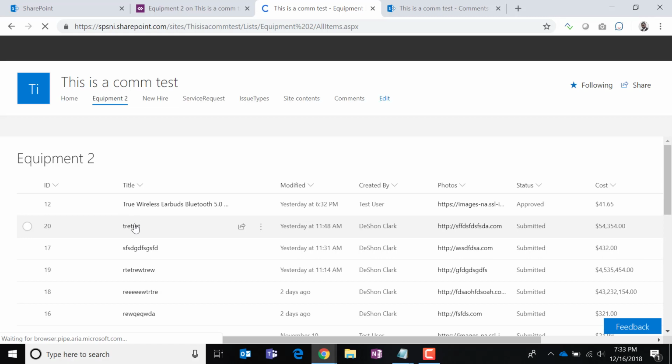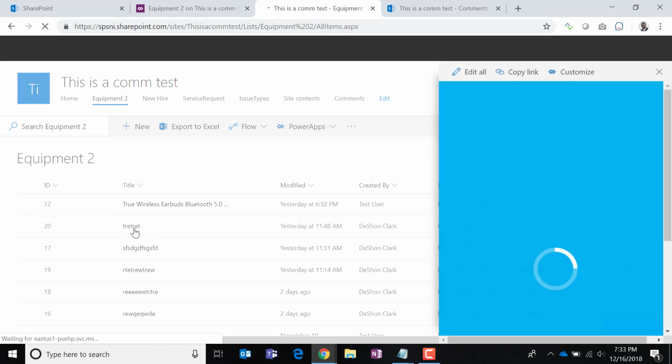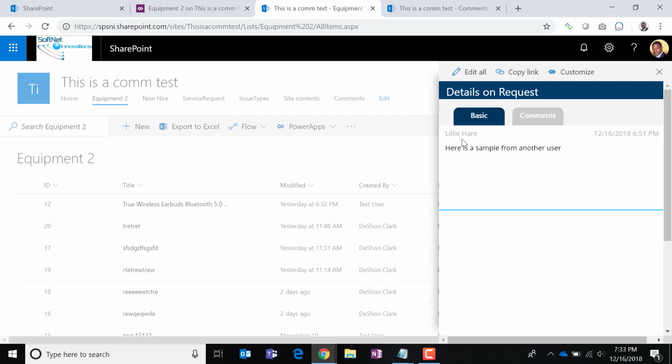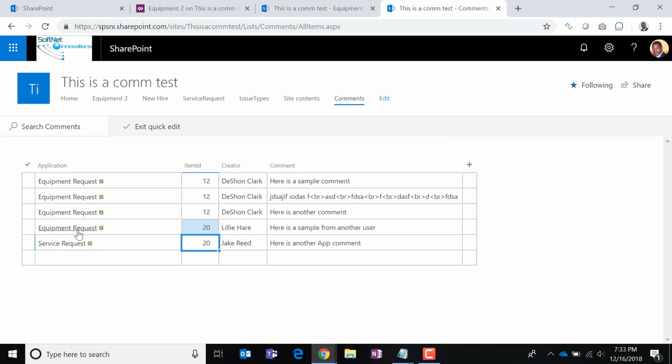So if I refresh the browser, click on 20, and now click the comment field, I get the Lily Hair, which is correct, right? So now if I come in here and change this one to equipment request, just to kind of test out our title filter,